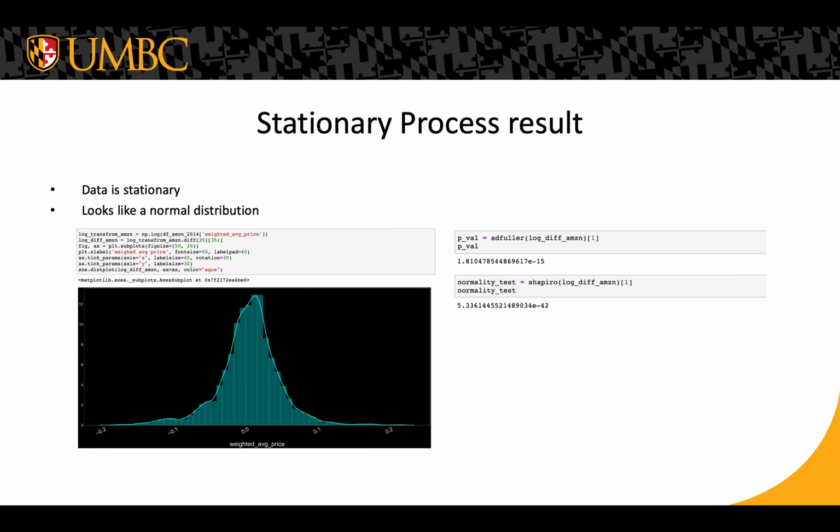I'm using 35 because there are 7 trading hours a day and 5 days a week. So I shifted it with a window of 35 and plotted the data points, and now it looks